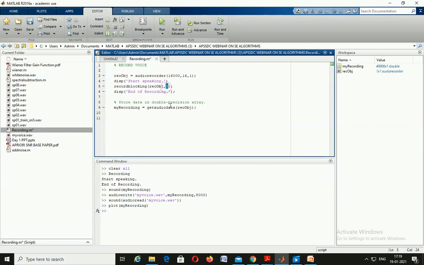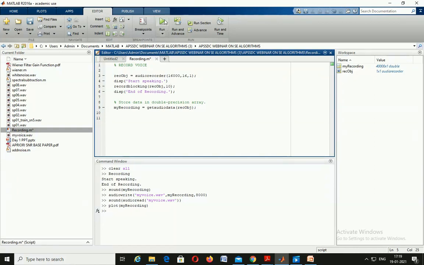So let us consider I am changing here, suppose 10 seconds. So I am going to speak for 10 seconds, right? And for each second, 16,000 samples are going to be stored, so that the quality can be improved now, right? So that is total 10 into 16,000 is equal to 160,000 samples it has to store now. That is going to be displayed in the waveform, right?